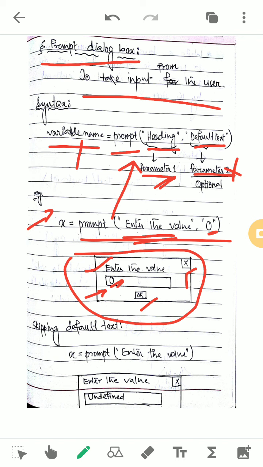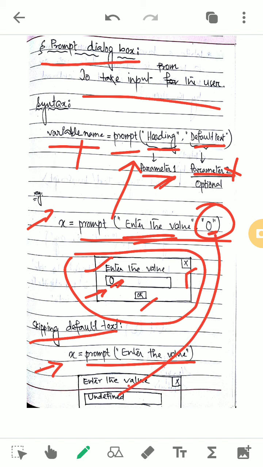As we have discussed, the second parameter is optional. So if we omit the default text, if it is written like you see, x equals prompt with only enter the value, here it is said undefined. What is undefined? The second parameter is undefined.